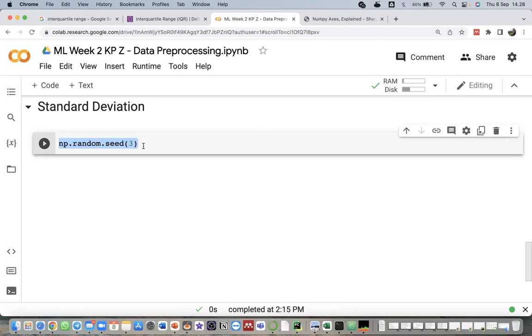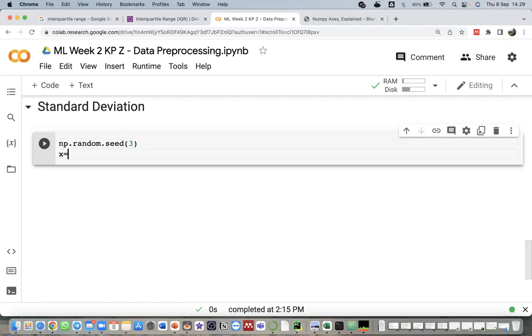If we execute it again, it will give the same values. If we don't use random.seed, the data will be completely random and give different values each time. So I set np.random.seed with the value three here.